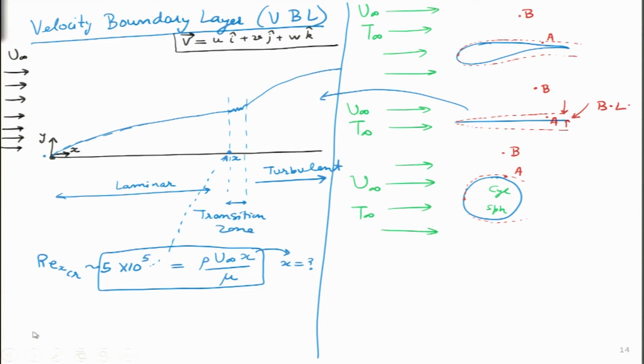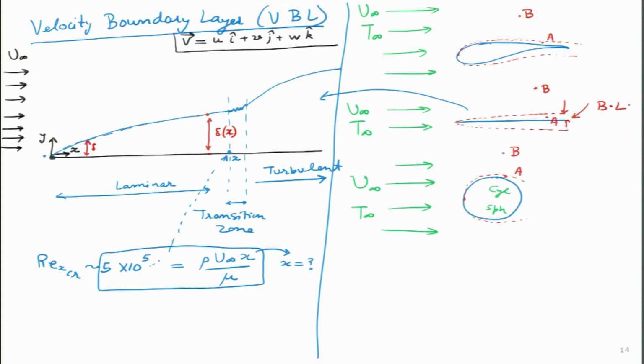Now, other things that I can mention is this is the height of the boundary layer. At this particular point over here, this particular distance I can represent as delta, and this delta is changing with x, because over here the delta value is very small, and then as I increase x, delta value is increasing. So, I think this point is very clear what we are seeing over here.